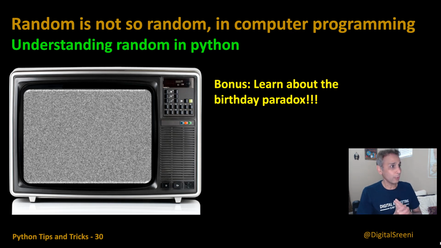The reason I'm showing this TV screen with some noise on it is, as you can see, it shows some random noise. Where is it coming from? Primarily, it comes from the cosmic microwave background radiation that's all around the universe. On top of that, you of course have some radio waves noise that gets overlaid, and sometimes you may see some patterns in this, which is some sort of structured noise coming from other man-made sources.